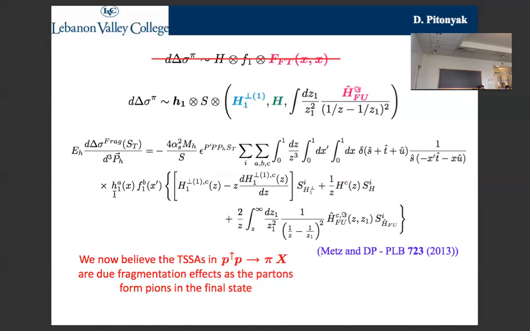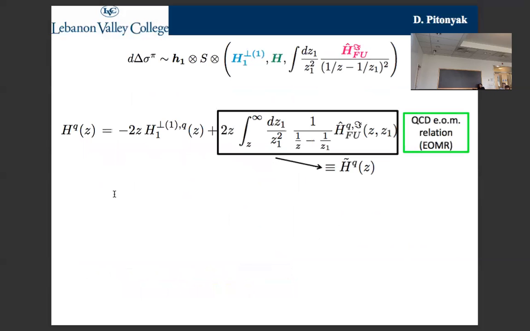And what we knew at the time was that these three collinear twist-3 fragmentation functions are related to each other. They're not independent functions. They're connected through this QCD equation of motion relation. Okay, so we have this relation between these three functions, and for purposes that we'll see later on, this integral here of h hat that shows up in this equation of motion relation, I'm going to identify as h